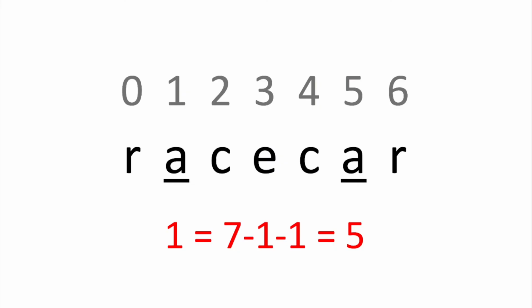So if you look at this visual I've created here, this will help us to understand this if statement a little better. So if we look at the character that's at position 1, so the A, we want to check and see if that character is the same at position 5. So for example, if we want to see if the A, that is the second letter of racecar, is the same letter as the second to last character in racecar,